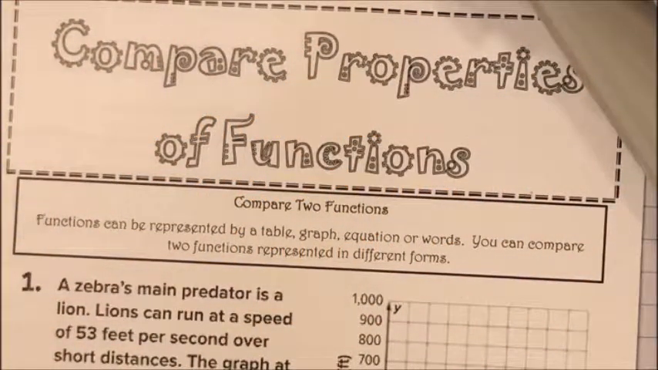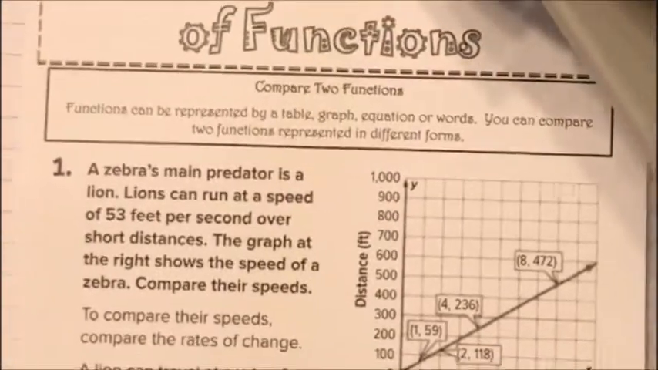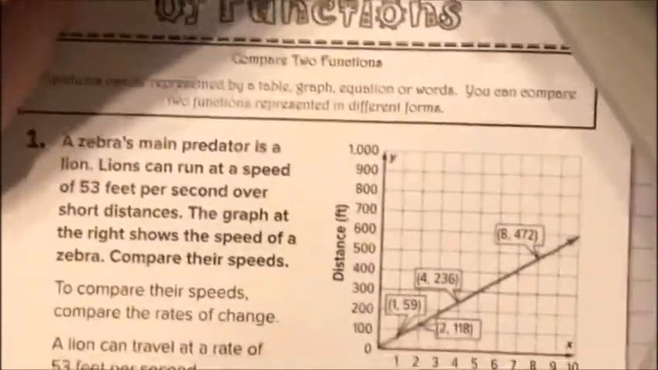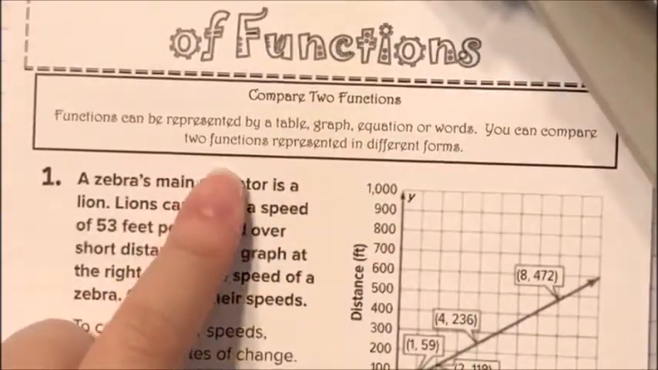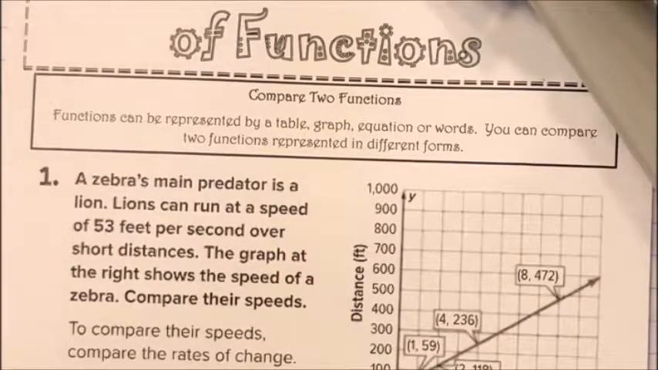This is Chapter 4, Lesson 5, Compare Properties of Functions. Okay, so if I'm comparing two functions, it says functions can be represented by a table, graph, equation, or words. You can compare two functions represented in different forms. So, example number 1